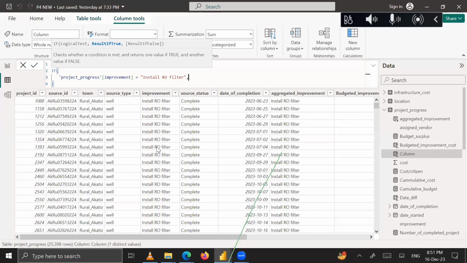The result if true is now activated. So the result if true, just as an example for us to understand it: give me yes. Give me yes. Otherwise,